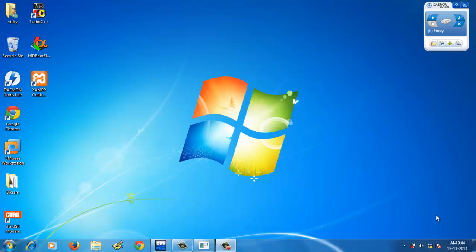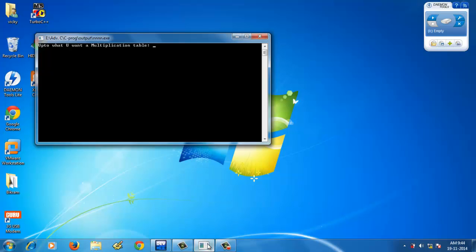Today we are going for obtaining a multiplication table with the user's choice. When the user enters a number as 3, then the output is shown as in the output screen. That is, the row is limited up to 3 and the column is limited up to 3. And the other part, that is, 2 2 are 4, 2 3 are 6, 3 2 are 6, 3 3 are 9. In this way the output is visible to the user.